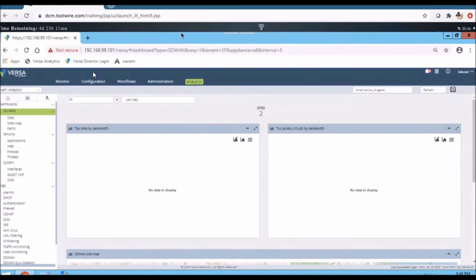Now, if I take UI access to the analytics, it is going to be the same outputs that get displayed. When I click on that analytics, I get the UI of the analytics. If I go to a separate analytics UI, it is going to be the same outputs. There is no difference between taking a direct analytics access or integrating analytics with a director and taking access to analytics from the director.